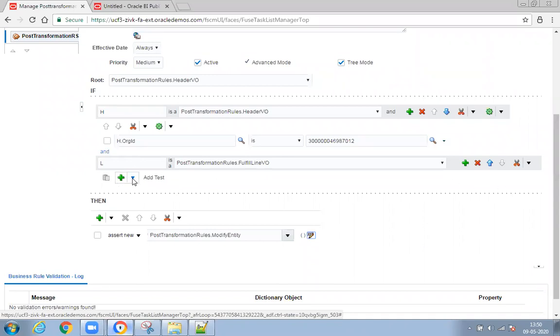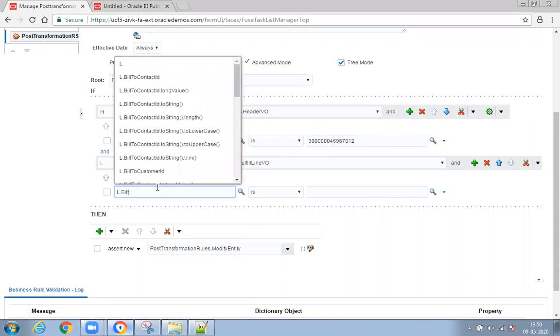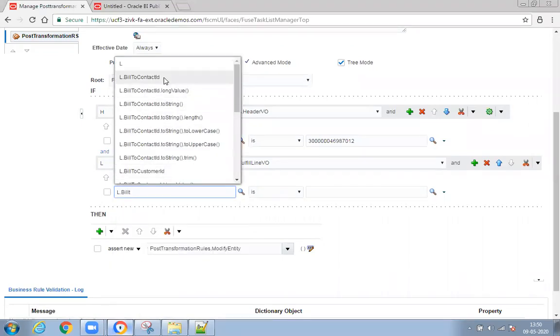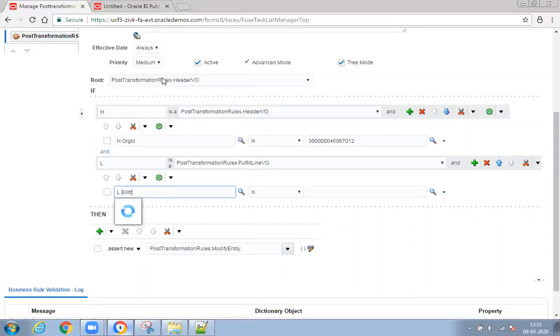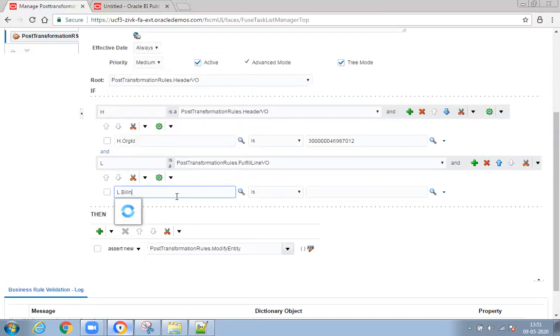So just for testing purpose, to know the attribute name, let me add one simple test. L dot billing transaction. I think it's a billing spelling mistake.